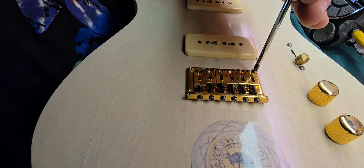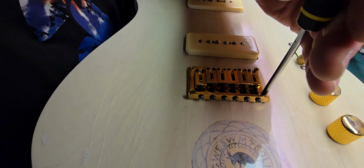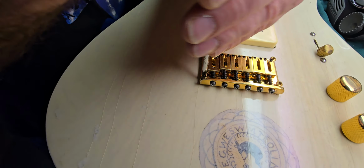Sometimes you just got to keep digging until you find out what's going on. Like I said, we're lucky that the intonation seems to be pretty good right now. I also want to look under here and see if there's,